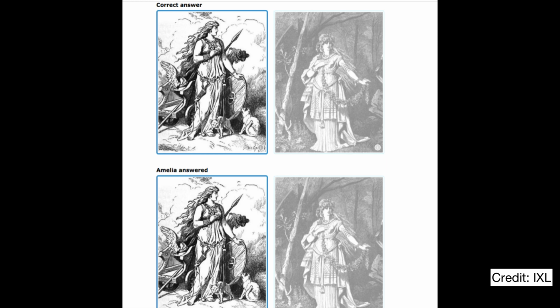Composition is the way something is arranged. When you compare two things of the same thing, you need to think about how the artist's choices highlight different ideas or feelings. In this question, the first picture suggests that Freya is a warrior because she is holding a